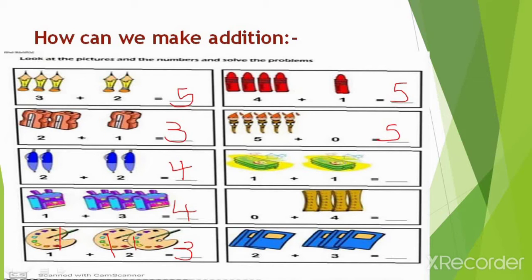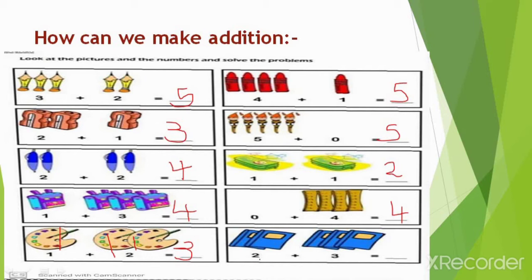1 plus 1, what will we get? 1 and 1. Very easy. It's 2. 0 plus 4. As I told you before that we are going to add 0 to any of the number. At the end we get the same number as a result. 1, 2, 3 and 4. Write down it here. Now we have the sum 2 plus 3.